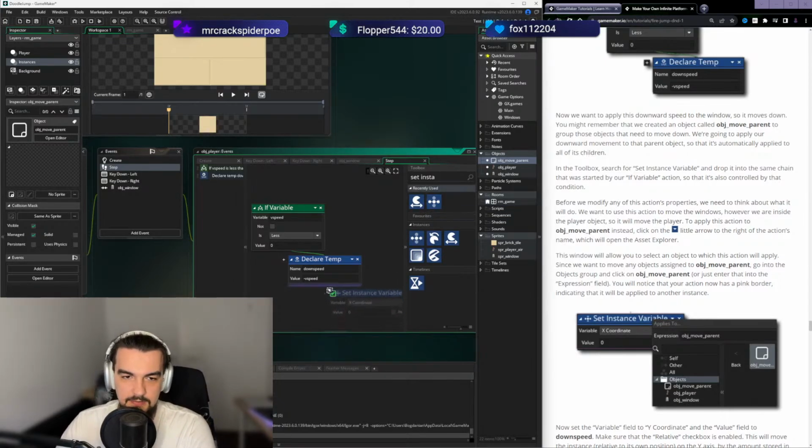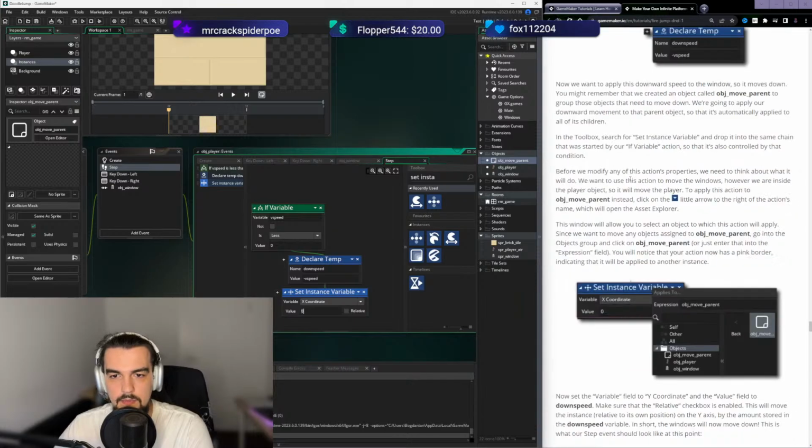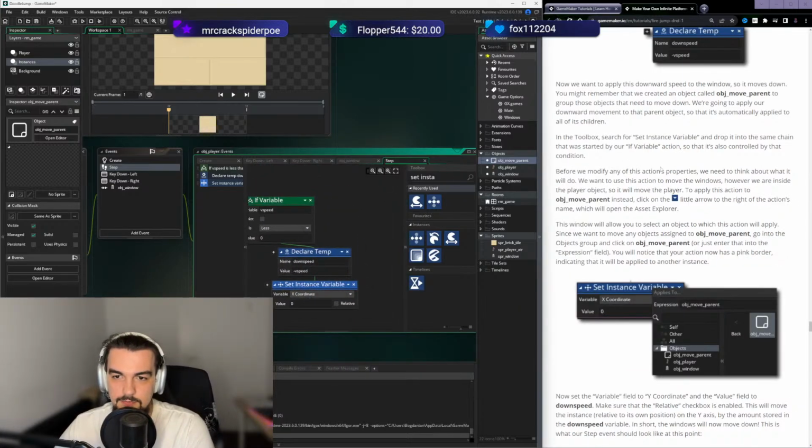Drop it on the same chain. Okay, there we go. Before we modify any of the action's properties, we need to think about what it will do. We want to use this action to move the windows. However, we are inside the player object, so it will move the player. To apply this action to object move parent instead, click on the